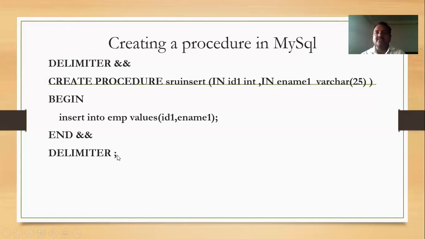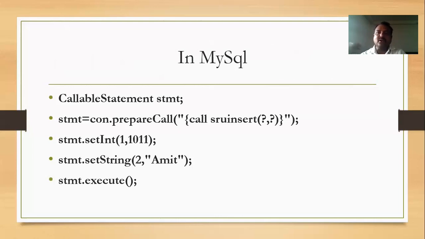So this is the syntax, and it is an example by which we are going to create a procedure on your MySQL. Now, what I would like to do is, I would like to call this procedure from my Java code, from my JDBC application. I would like to call this one, and while calling this one, I would like to give some values into it. So what I do is I'll be creating a variable of callable statement, and the name of the variable as stmt is equal to connection dot prepareCall.